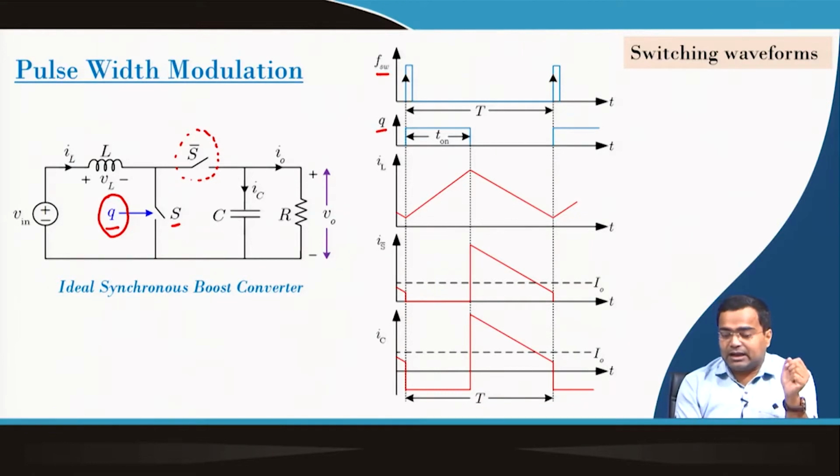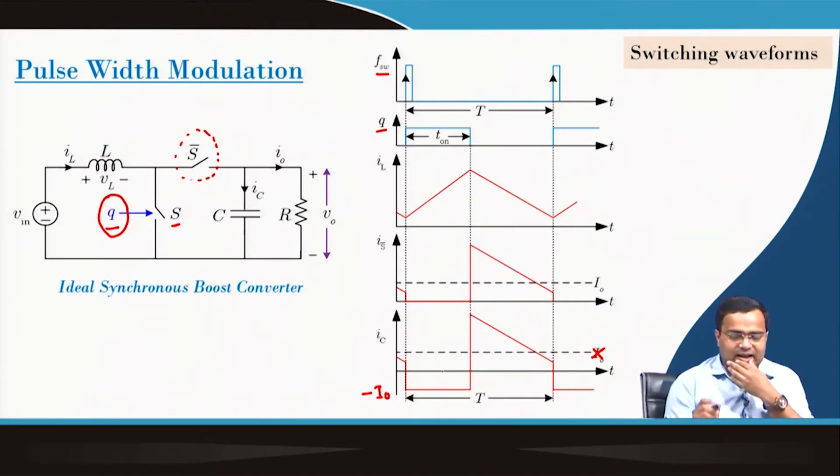Similarly, the current through the capacitor is also discontinuous, and this current is minus I 0 when the switch is on. The minus I 0 is the base current. That means, when the switch is on, the capacitor current is the negative load current. So, this is not the one, because the average capacitor current should be 0. So, I think there is a typo here,